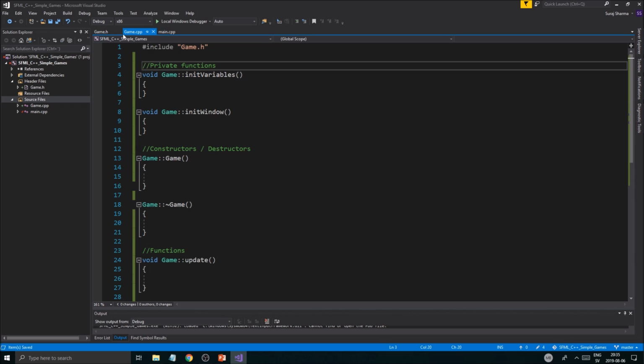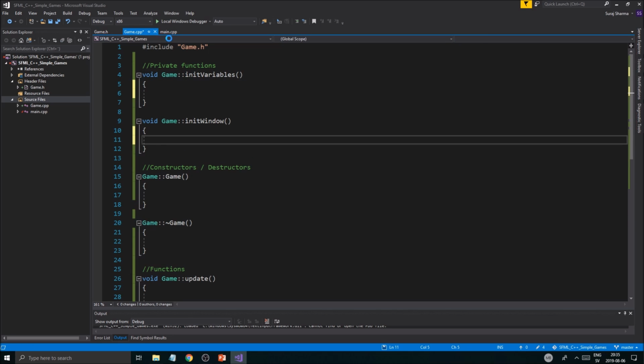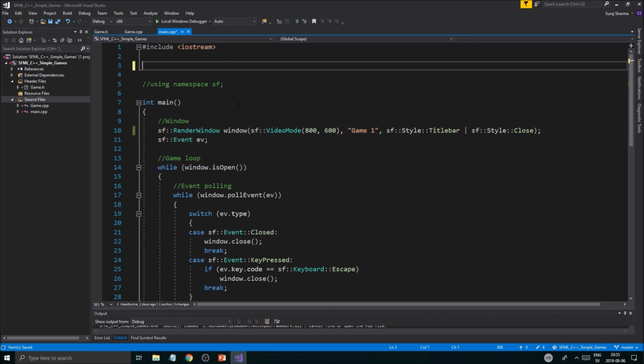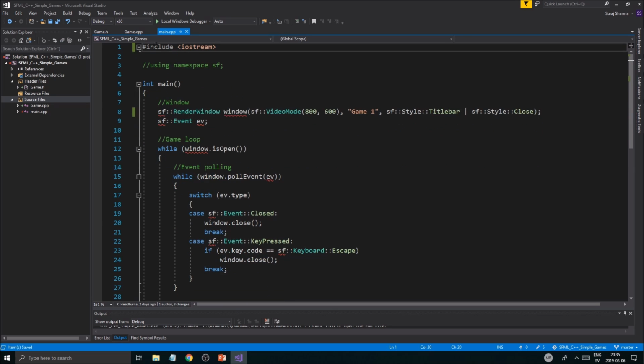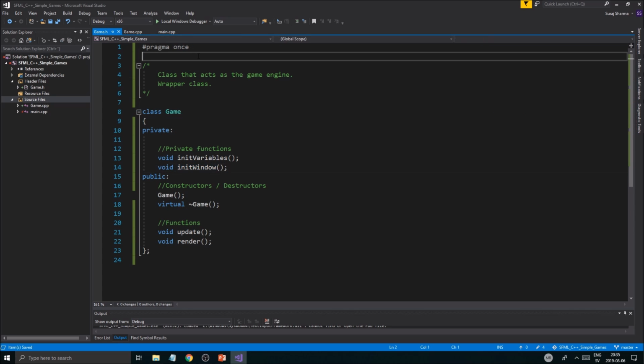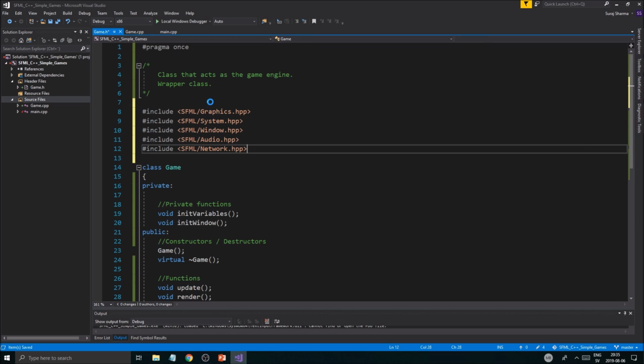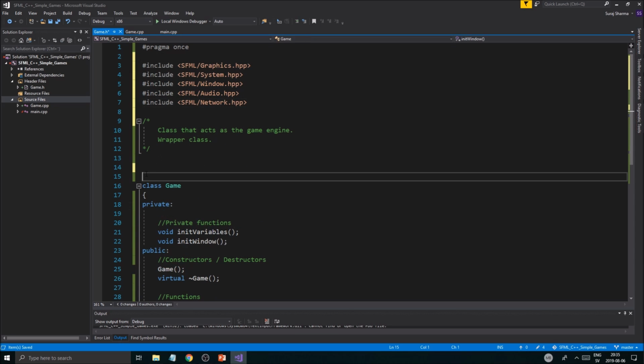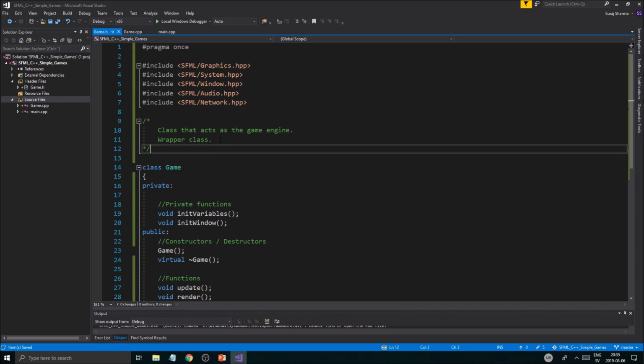Once you have that ready, we're going to start moving stuff over. So step number 1 is going to be to move all of these includes, Ctrl+X those, and we're going to move them into game.h. I'm just going to put them right here. Oh no, I should put them above here. And we're going to do something later on in the series. I do that in my other series. It's called